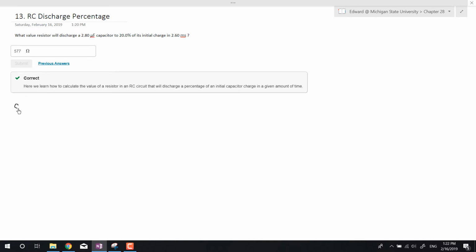So Q is going to be equal to Q naught. That's the original charge. But Q, we want that to be equal to 0.2 of Q naught, right? Because the initial charge is Q naught, but we want to get to 20% of its initial charge. And then the capacitor